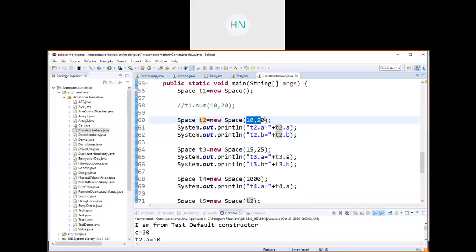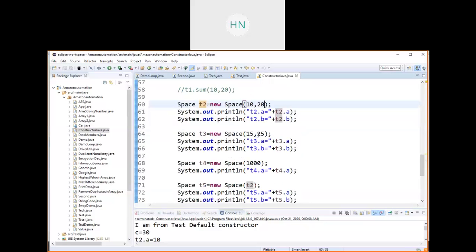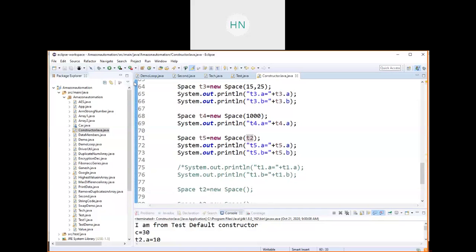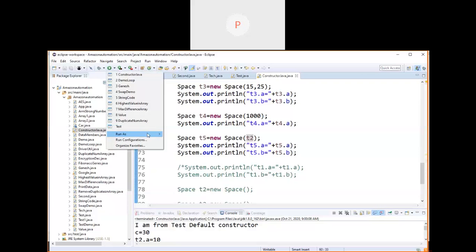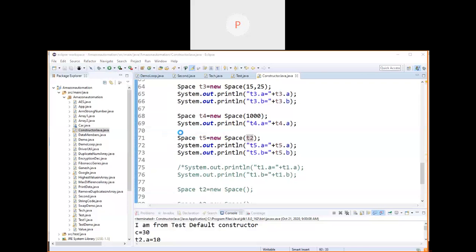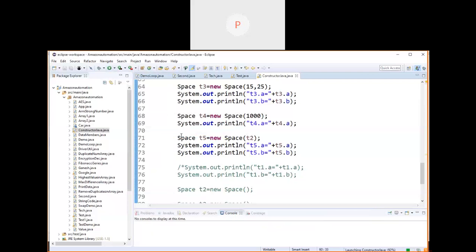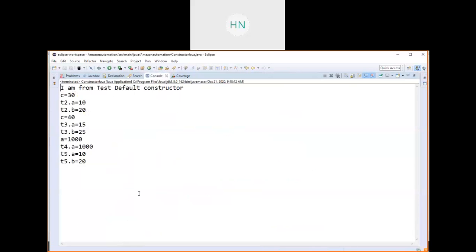T2 is what I am passing here. I am passing 10, 20, right, Pawan? So I will get 10, 20 for T5 also. You see here, T2 values are 10 and 20, and T5 values are also the same. I copied this data to this data.